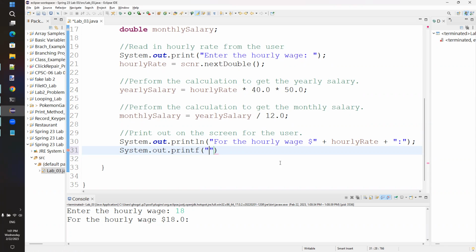But the way we use printf is basically the same. So I can copy this same text here and just put it inside here. System.out.printf for the hourly wage of dollar sign. And right here, right after the dollar sign, is where I want the money to go. So you put a placeholder. %f is a placeholder for the number you want to go in. So right now it says for the hourly wage %f,